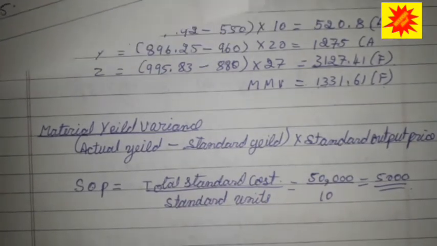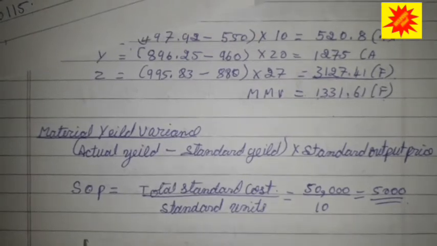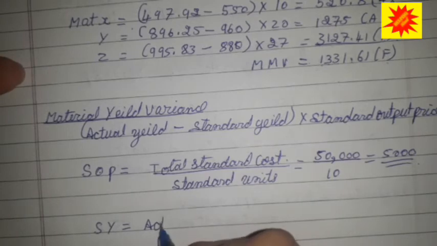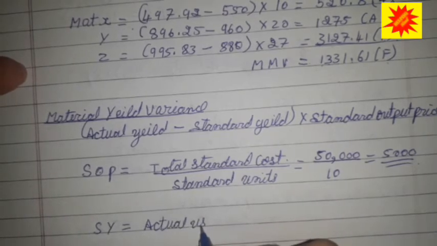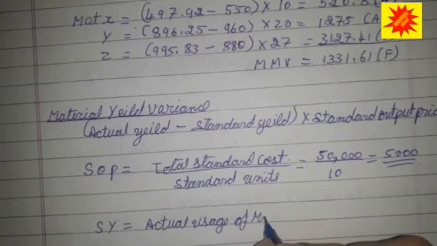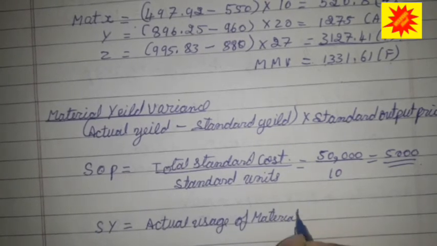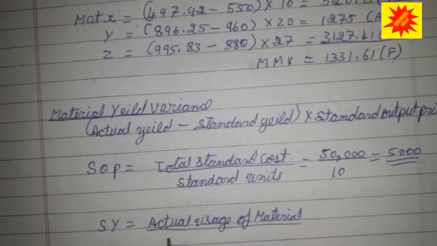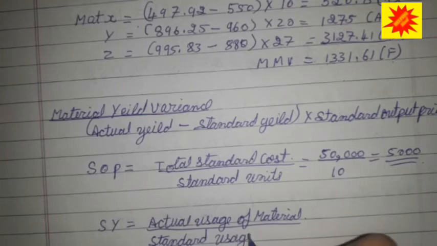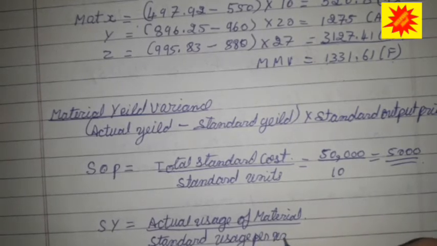So standard yield is equal to actual usage of material divided by standard usage per unit of output. Okay,